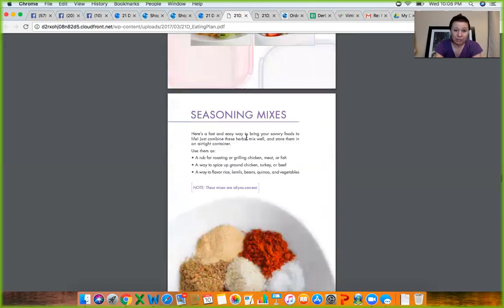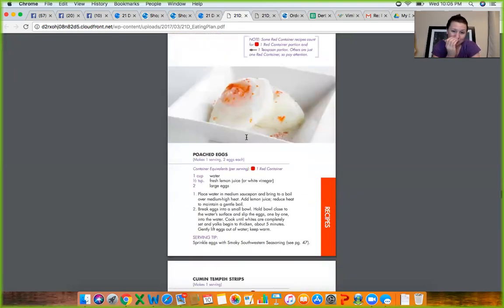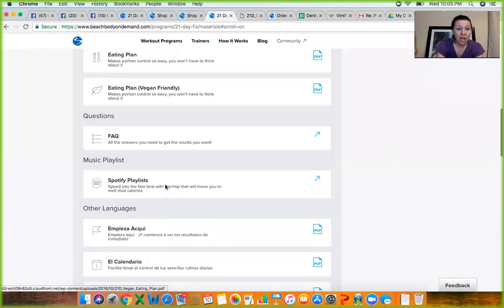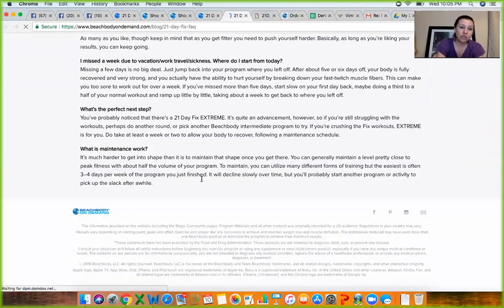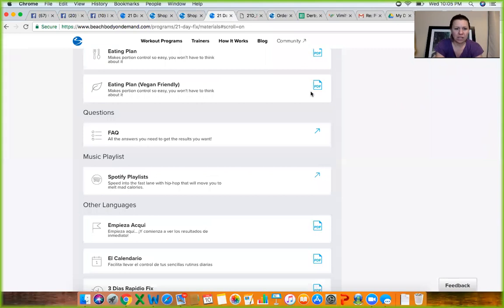And that's pretty much it for now. I think I'm going to cut it because I want people to make sure and watch this. Just go through. There's some really simple recipes here that you can add into that headquarter plan. The FAQs is going to answer a lot of questions for you, frequently asked questions here. So there's a few. There's not a lot, but if you have anything specific,